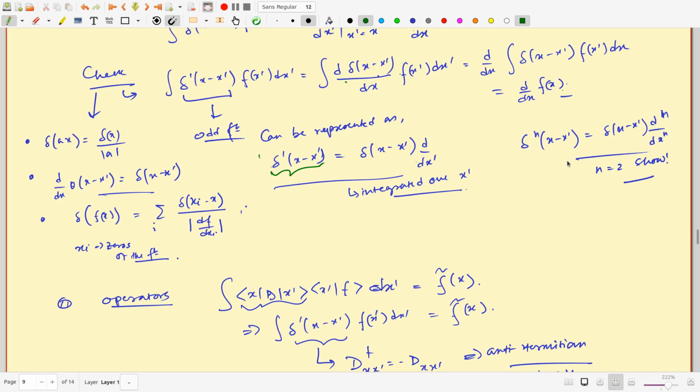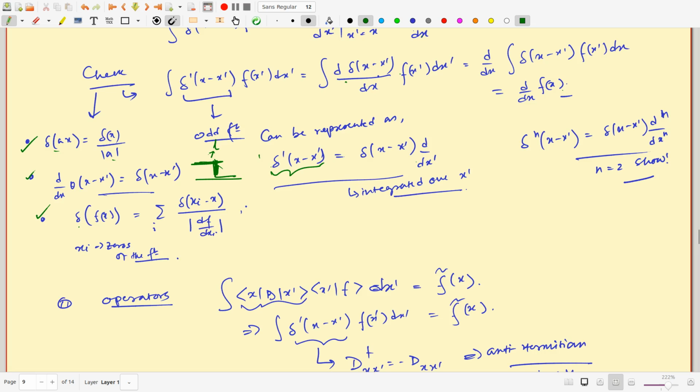There are 3 sub properties which I want you to check also about this delta function, that will be useful at various contexts. Delta ax is delta x by a modulus, d/dx of theta x is the delta function. The theta function is basically this Heaviside theta function, which is 1 here and 0 here, and drastically goes there, and because of this drastic change of slope, the derivative becomes a delta function. And this one is a little more tricky and non-trivial.